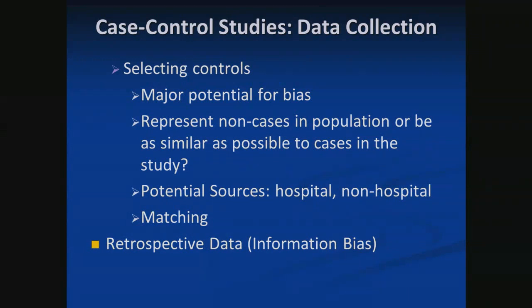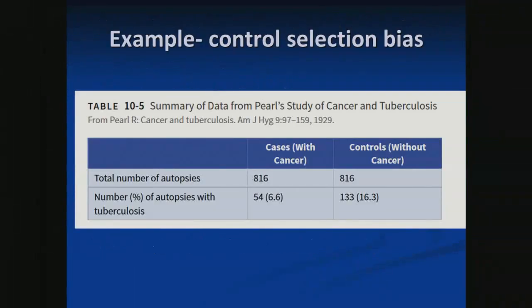Okay, and case control studies are obviously very prone to information bias because they have that retrospective element. You're always looking back to see exposure, unless you have some objective sources. But even then, they're usually historical. Okay, so a really interesting